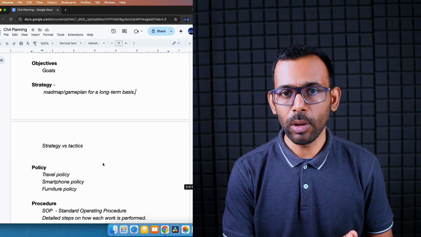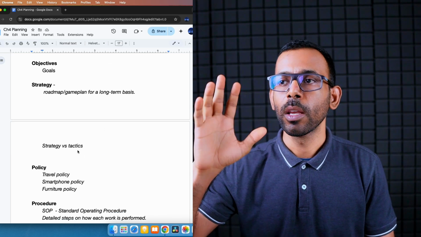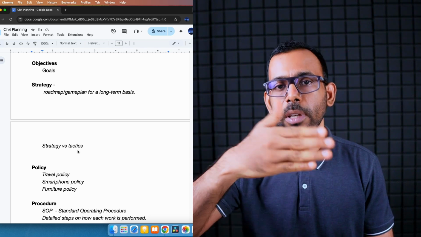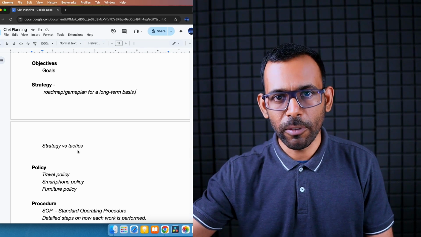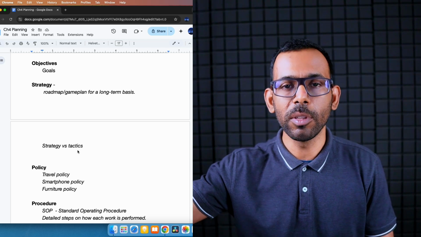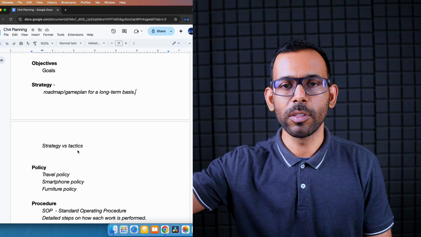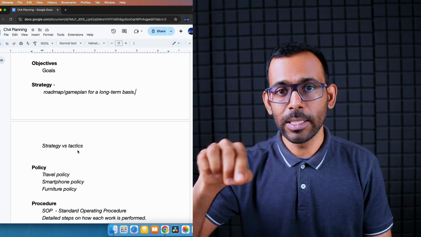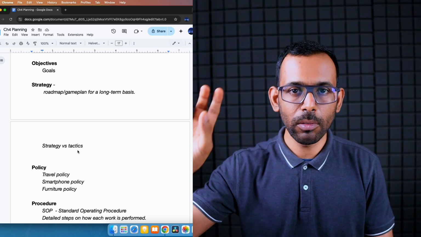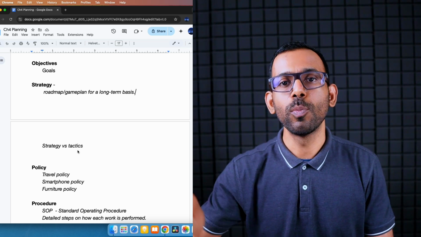So strategy talks about how in 10 years, in 20 years, I want to be a big businessman. To be a big businessman, I have to study MBA. Then I have to start my first business. Then I will scale my business and then maybe sell the business for, who knows, 10 crores, 20 crores. Then I will open my second business. It goes like that. This is a large outline version. This is strategy. Now the tactics is much more detailed.